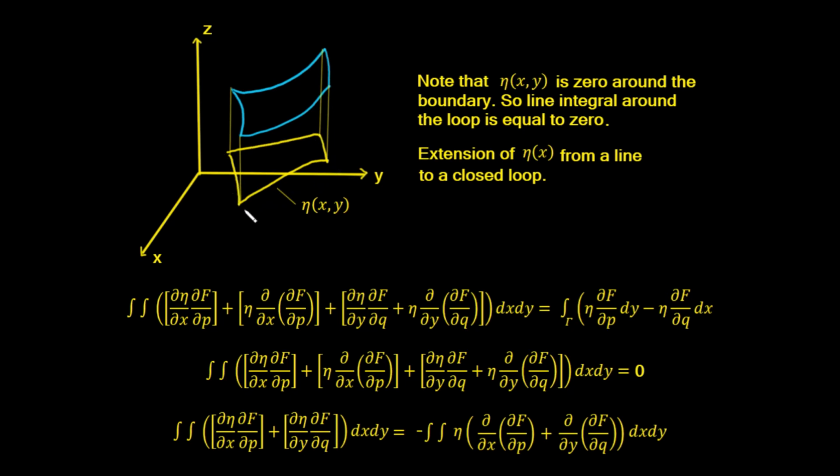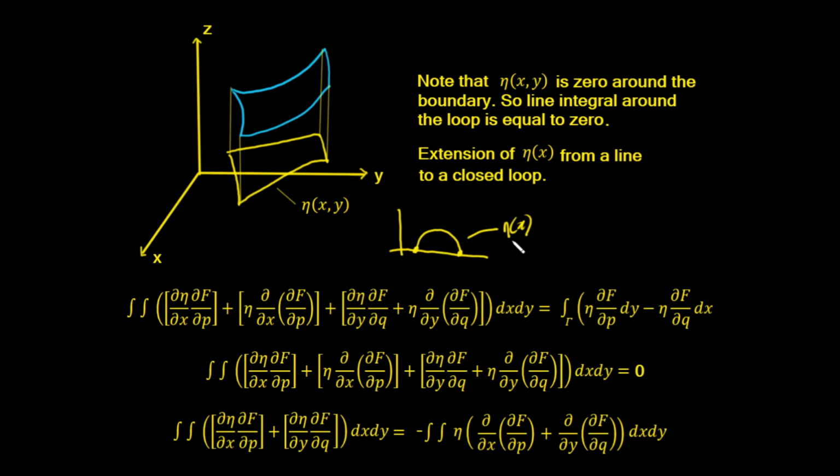Now if you think back to when we did the calculus of variations, we looked at only one independent variable x, then we would have our value of our function eta of x,